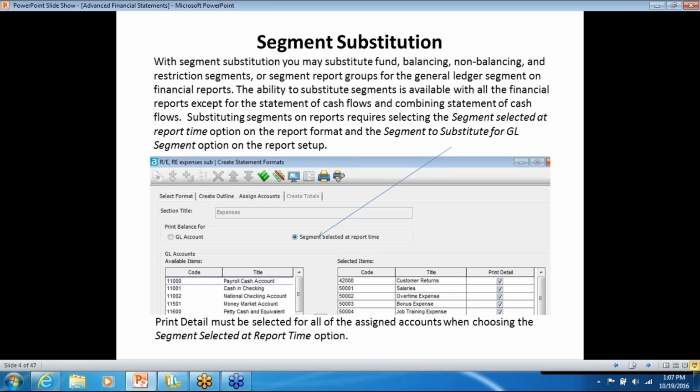We have something called a segment substitution. What do I mean by segment substitution? In most cases, when we write a financial statement format in MIP, we put in our expenses and select our general ledger codes. But with segment substitution, there's a little part in the outline of your financial statement where you can select the segment